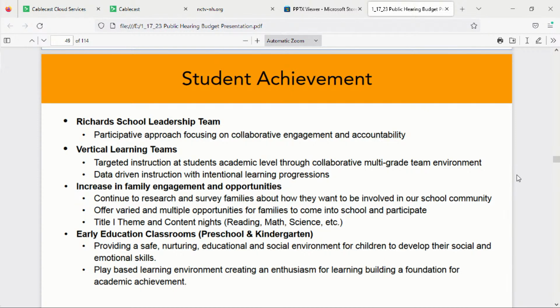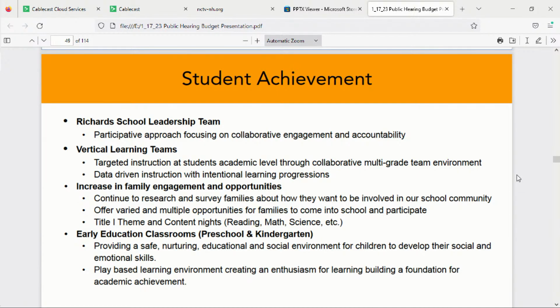We're in our second year of vertical learning teams, and this year we added 2. We added one lower vertical learning team, grades 1, 2, and 3, and then we added one into the upper VLTs, 3, 4, and 5. We do have 2 second grade classrooms that are separate. We call them the parallel learning teams, which work together, and then we have 2 fourth grade. As we move forward next year, we'll make some decisions on how we can incorporate them into